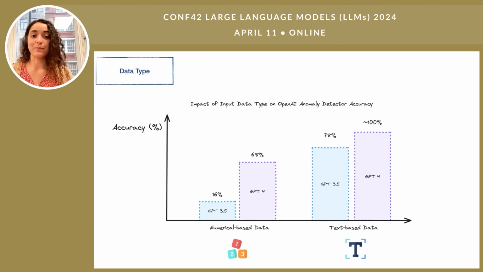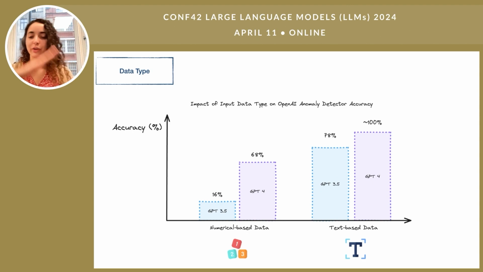And this is what you find. What I mean by accuracy, I probably should have renamed that, is more the percentage of intended anomalies detected. That's what we've been seeing so far. In the case of numerical data, GPT-3.5 really stayed at 16%. It didn't get that much better with prompt engineering. On the other hand, GPT-4 got 68%, like we saw. It's good, but not amazing.